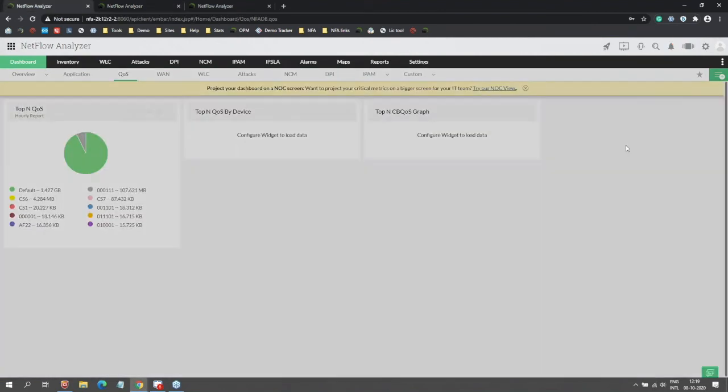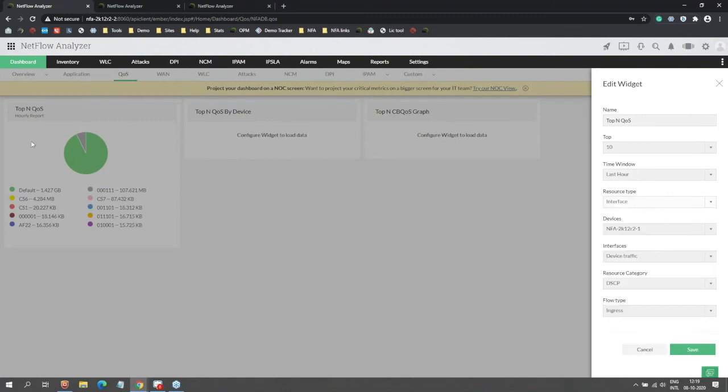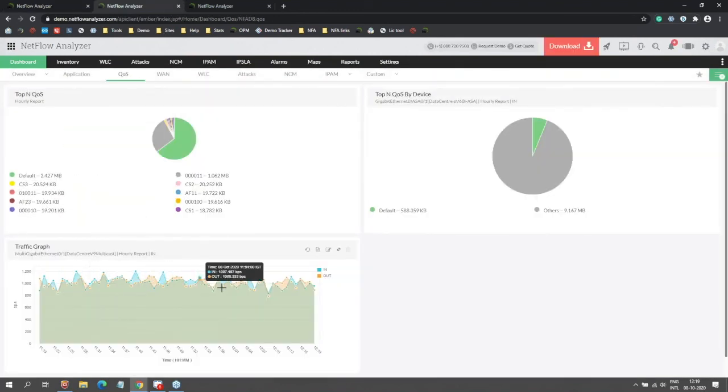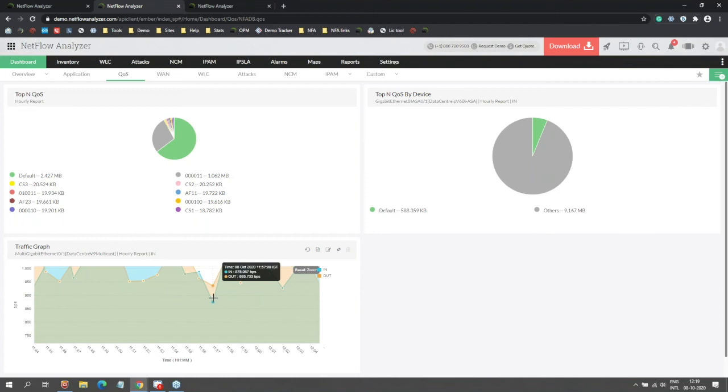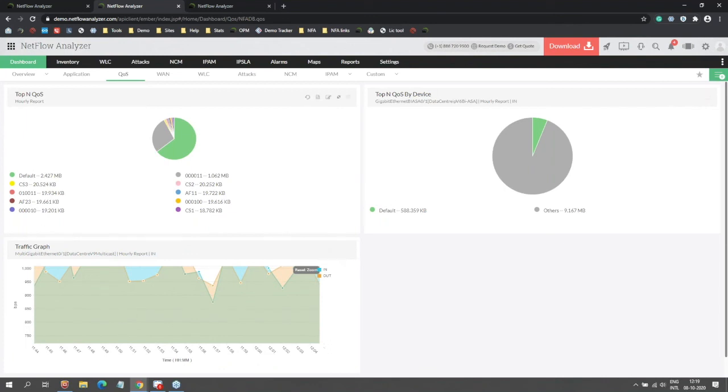Click on the edit. You have different options. This is showing you for a device. You can make it show for an interface, so entirely it will change. You can change the metrics of that particular device to show something like this. You see that? You can even interact with it, not just on the graph inside. You can move this around. You can resize them.